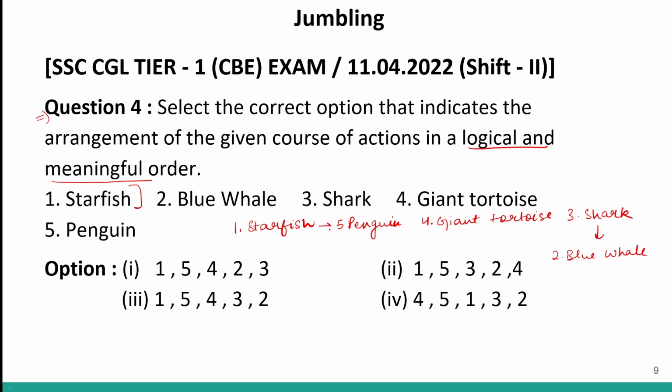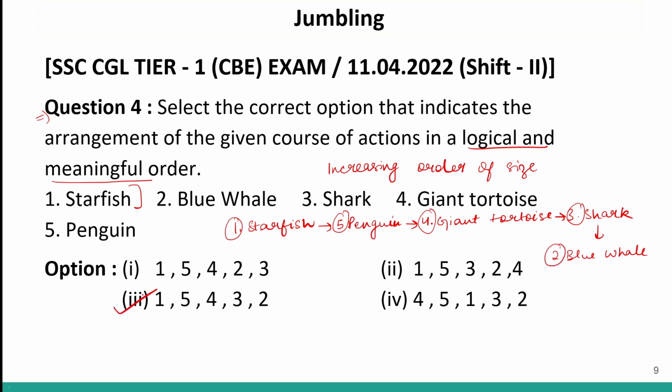So if I arrange them as per size, okay, so increasing order of size, my logical sequence will be 1, then 5, then 4, then 3, and then 2, which is given in